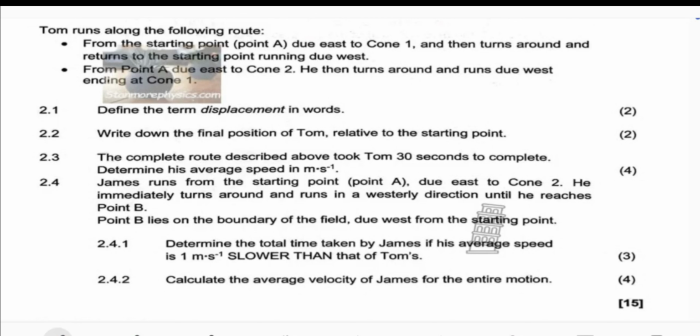Perhaps one of the things that we'll recognize from this first statement here is that the displacement in actual fact is equal to 0, because this person started from the initial point and ended at the initial point. His final point was the initial point. Isn't that weird? So that means he had a 0 displacement. As much as he moved a very long distance, 50 meters to the cone, back to the initial point, that's a whole round, unfortunately, when it comes to his displacement, it's 0. Now they say from point A, due east to cone 2, and then turns around and runs due west, ending at cone 1. Now we can say something about the displacement there.